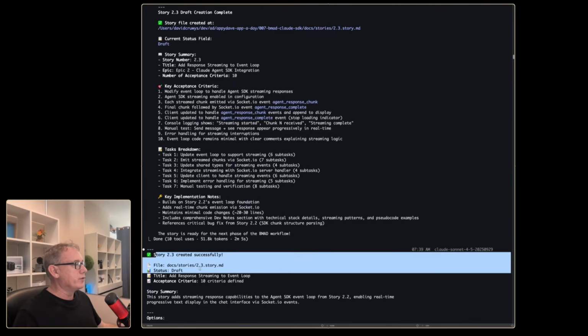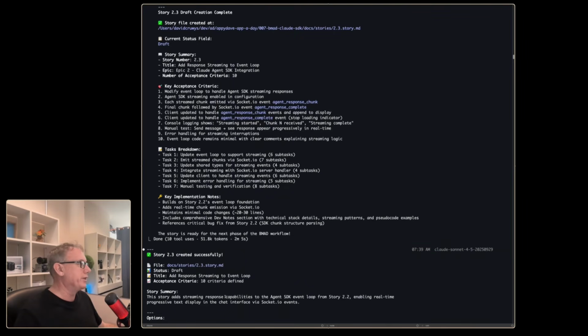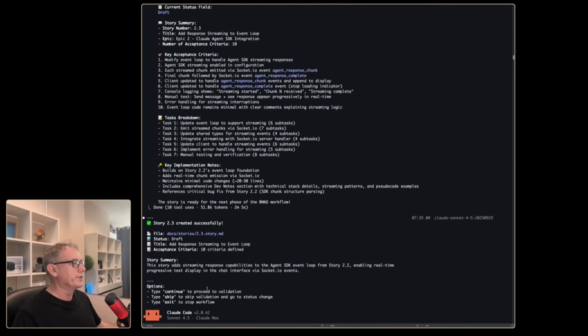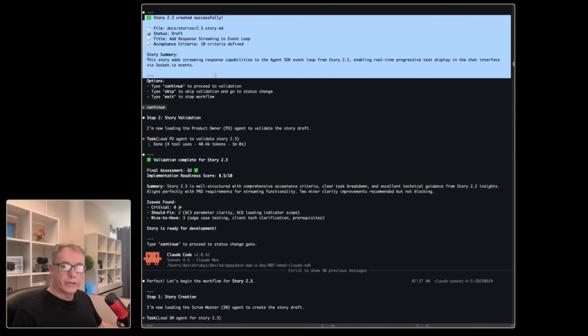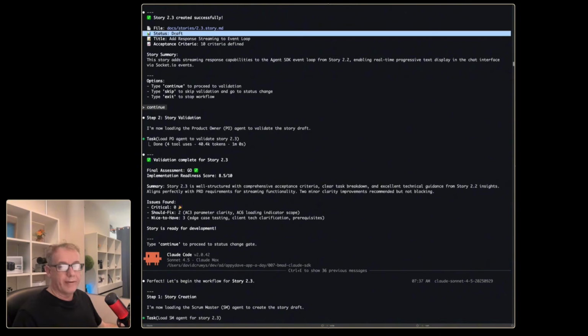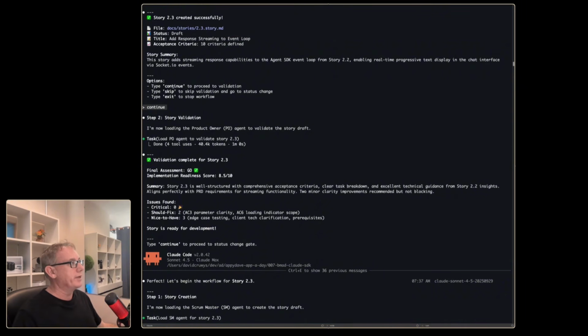So we can see that it's in draft. Acceptance criteria is there, and it's got a couple of questions. Do I want to continue? Do I want to skip or exit? So we got a final summary of the creation of the story. We can see that it's in draft mode at the moment, and it's asked me, do I want to continue